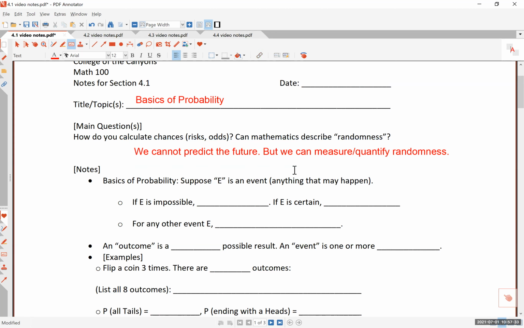Suppose E is an event. See, when we talk about probabilities, we talk about the probability or the chances that something would happen, right? That something is called an event. So capital E represents an event, and that could be anything that might happen. All right. So if E is impossible, we say the probability of E is equal to, what do you think? Of course, 0, right? The probability 0 means it will never happen. And if something is certain to happen, then the probability of that event is 1. That is 100%. Okay, when we are 100% certain something is going to happen, then of course we say the probability is